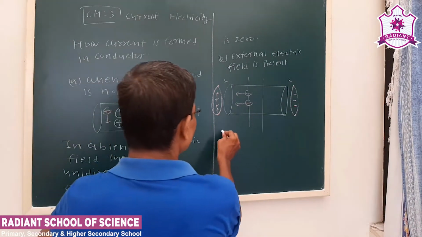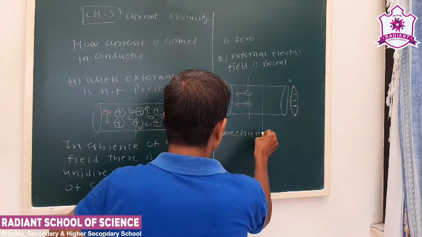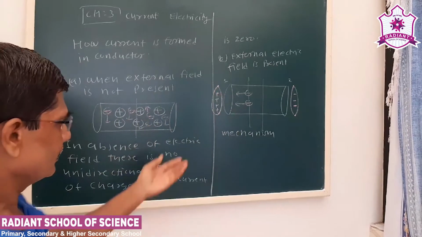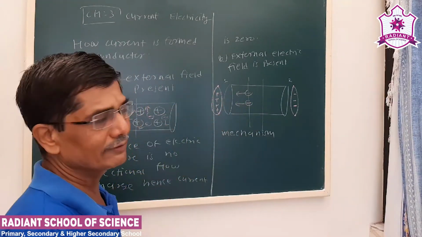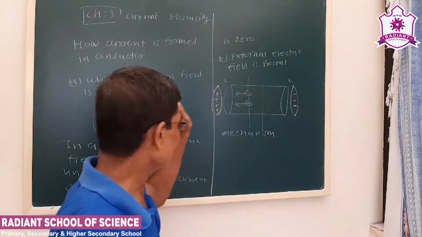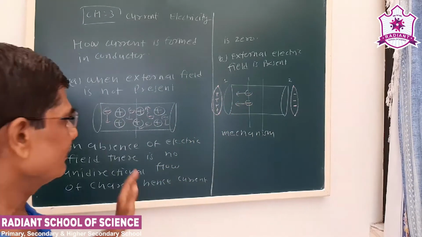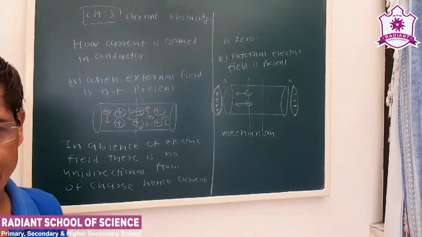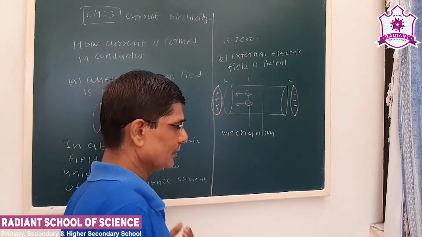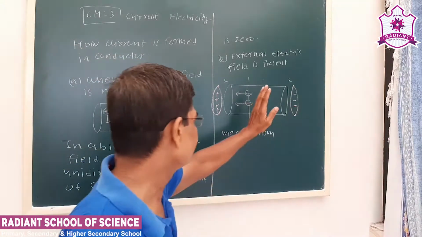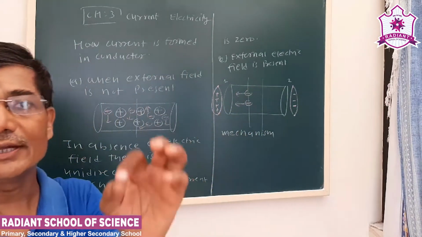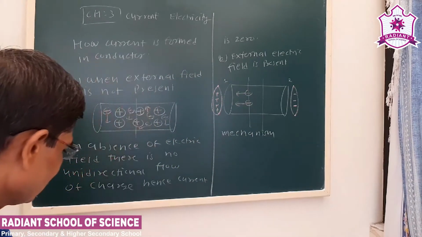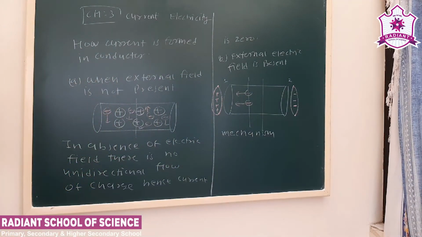Now we provide a mechanism in which we supply another positively charged plate. So the electron will move in one direction, then the charge is nullified, we place another positively charged plate. If we provide such a mechanism, there will be continuous unidirectional flow of the charge in this cross section. So the current will be formed. So this is how the current is formed in the conductor.